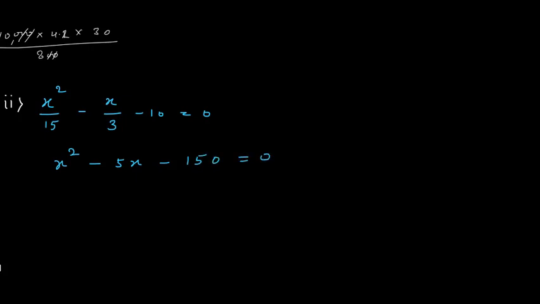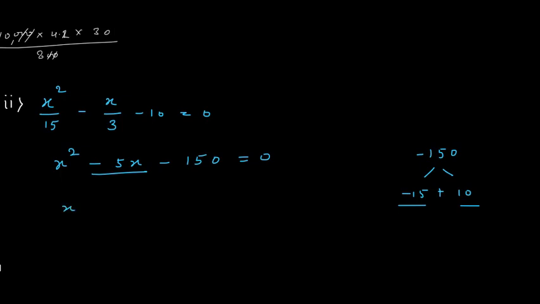Now we have to take the factors of minus 150. Two factors of minus 150 whose difference is going to be 5, and the greater value will have the negative sign, because here we want a negative value. So how do we take the factors of this? 15 tens are, 15 and 10. If we take this minus 15 and this plus 10, their sum is going to be minus 5 and their product is minus 150.